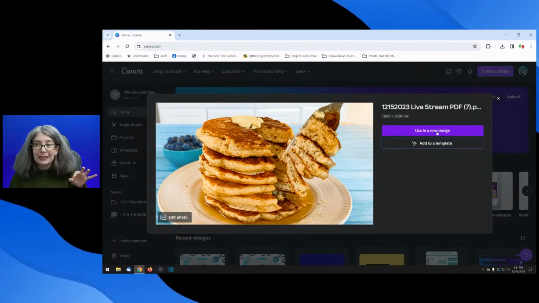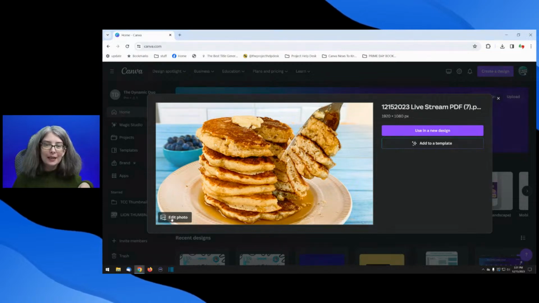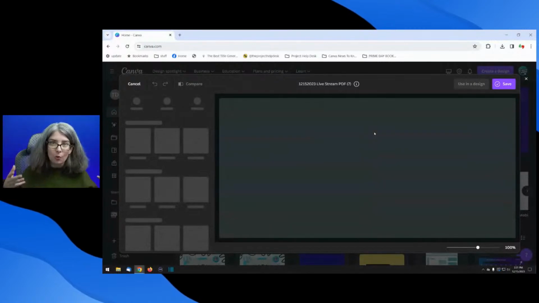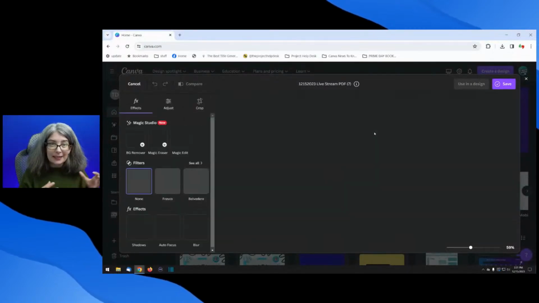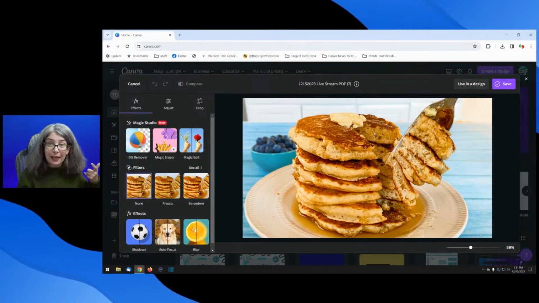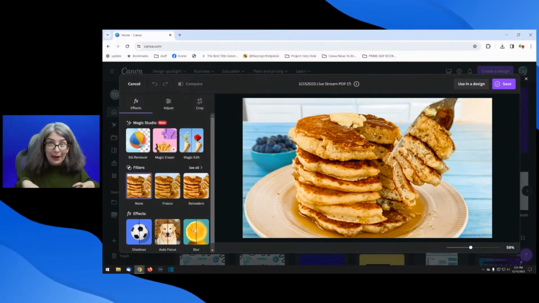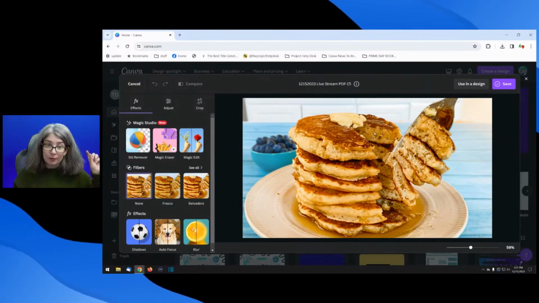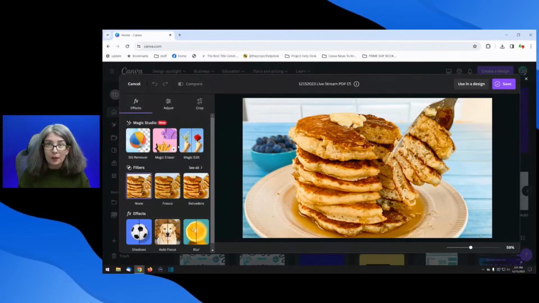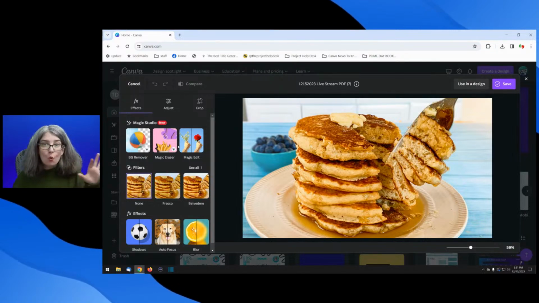And instead of using it in a design, instead of adding to a template, what she could do is click edit photo. And we're going to open up this modal photo editor. And essentially it lets you edit a picture without being in a design. Like I don't have to open up a presentation or a video or even a thumbnail document. I can edit it right there on Canva's homepage. Okay, so here it is. Now the photo editor is a simplified version of what's in a design, but for this, we don't need it.